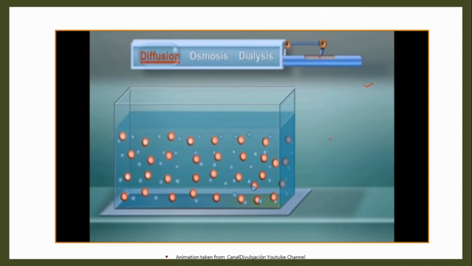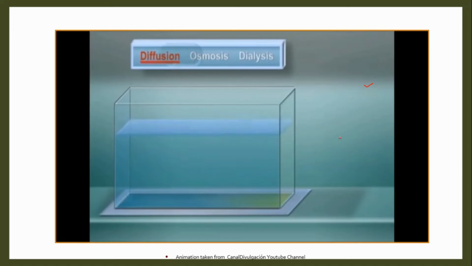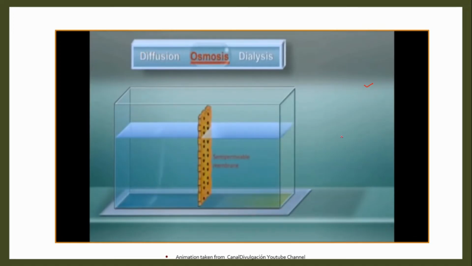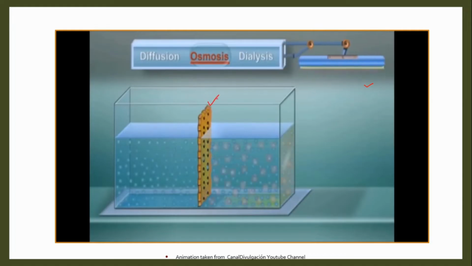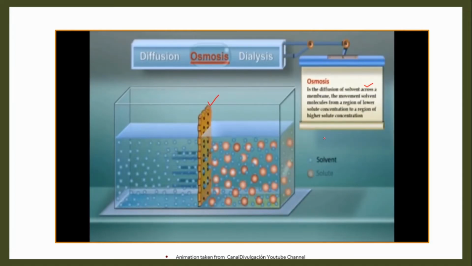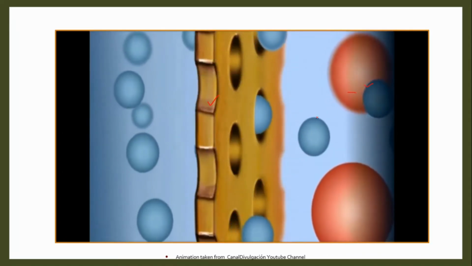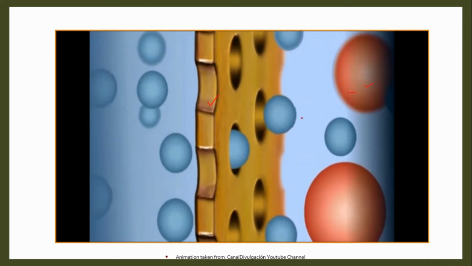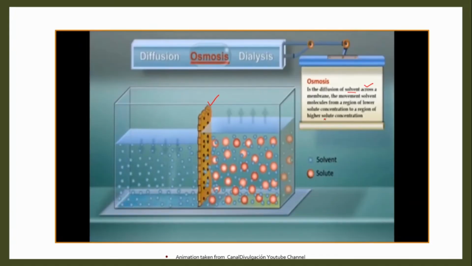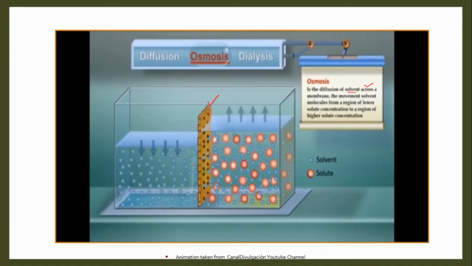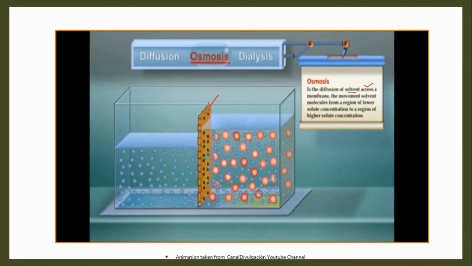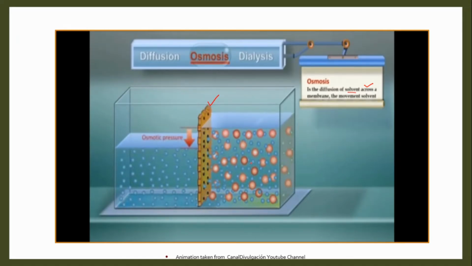What then happens in osmosis? I hope you remember, in osmosis there was a membrane. There is the presence of a semi-permeable membrane, and it is just diffusion of the solvent, not solute, rather solvent, across that membrane. So it allows only the solvent particles to pass through it, and obviously from lower solute concentration to higher solute concentration. So that is what osmosis is.